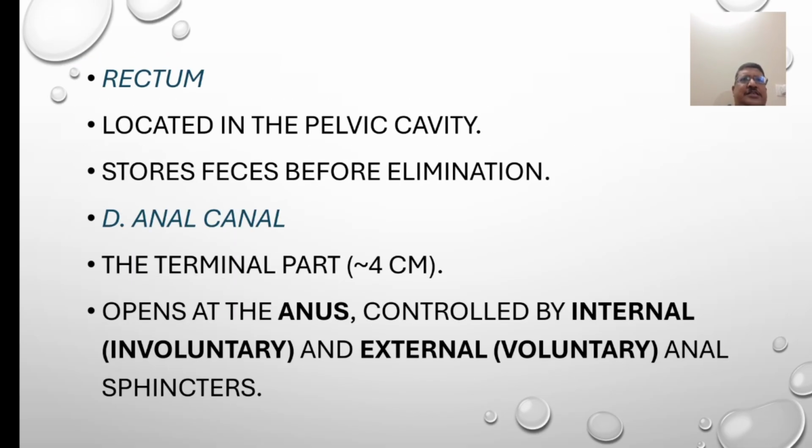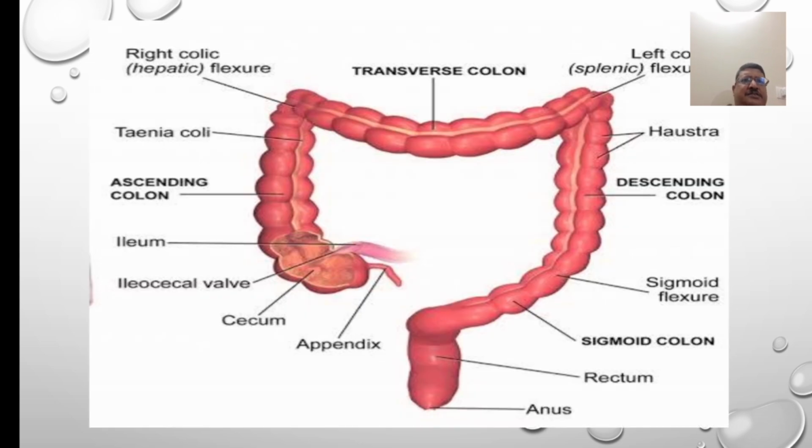Rectum, located in the pelvic cavity, stores feces before elimination. And anal canal, the terminal part, about 4 centimeters, opens at the anus, controlled by the internal involuntary and external voluntary anal sphincter. So this is the structure of the